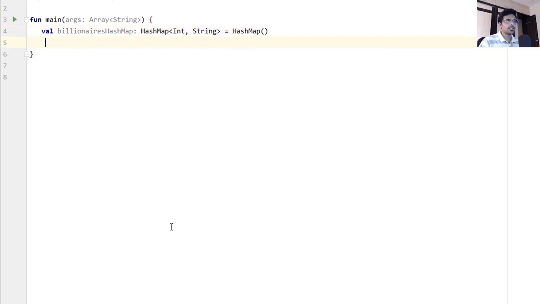This is how we declare the hash map using constructor. Let's add some records into it.